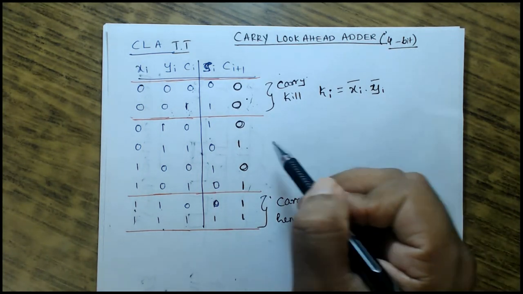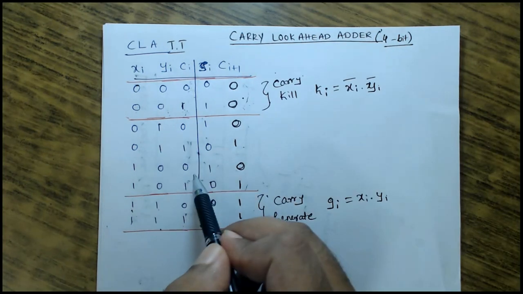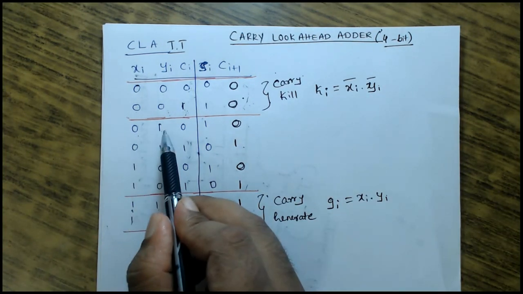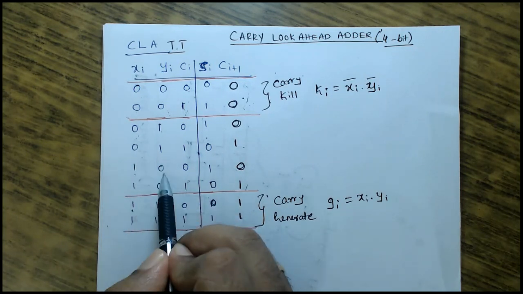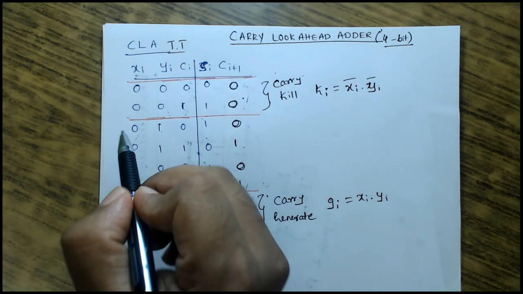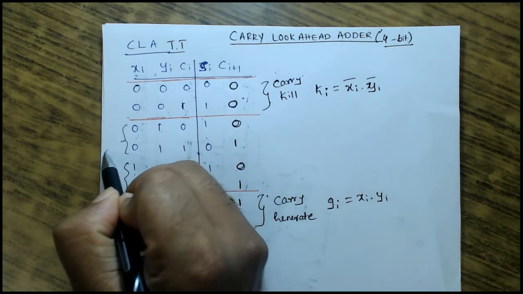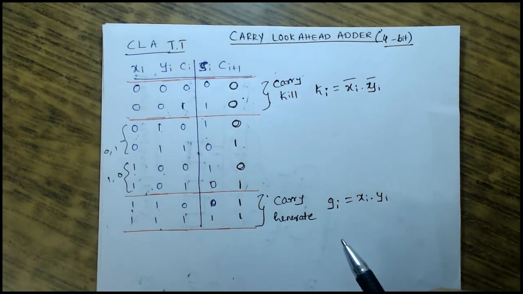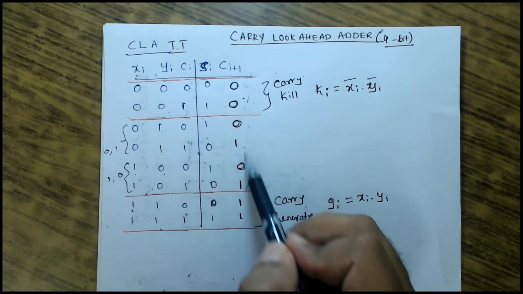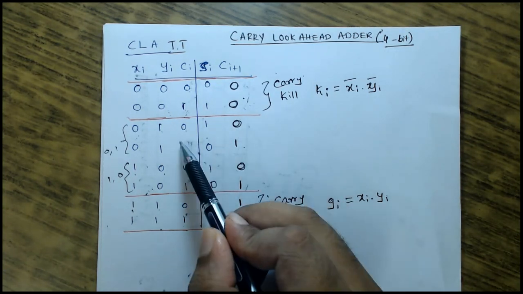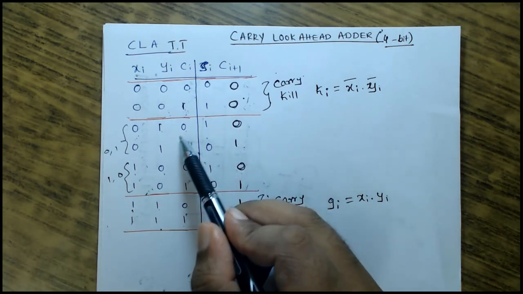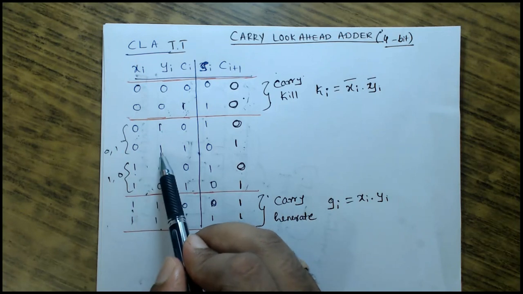Now coming to this set of inputs. Here when your X and Y have different logics, either 0 1 or 1 0, this is a replication, don't worry about it. Here we have two cases: one is 0 1, or else 1 0. In these cases, what should our carry output be? You can just compare this carry output with your carry input. It is just propagating the carry I am having at the input. So your carry out will be the same as carry input when your X and Y have different logics.